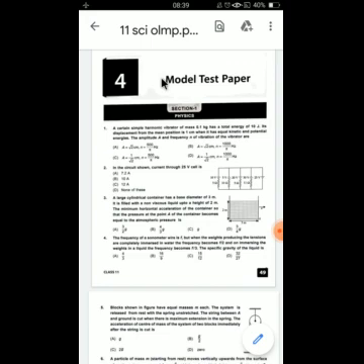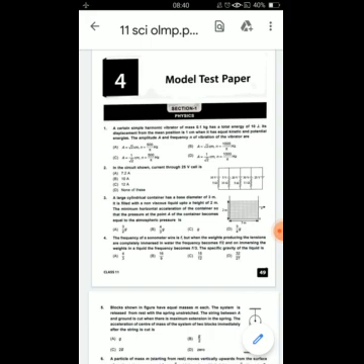When it has equal kinetic and potential energies, you need to calculate the amplitude A and the frequency N of the vibrator. The options are A, B, C and D. In option A, amplitude equals √2 centimeter and the frequency N equals 500 by pi hertz. In option B, the amplitude equals √2 centimeter and the frequency N equals 1000 by pi hertz.